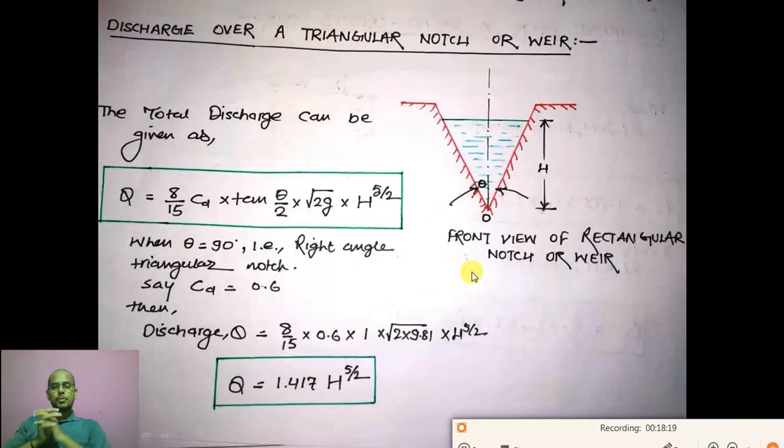So this is all about some important formulas from notch and weir. We have not derived them here, I have just written and mentioned the different variables used to find out the total discharge. If you want to study all the derivations behind this formula, then you can go with the book. I am just suggesting you go with the book, but after completion of the syllabus I will also see each of the things I have left now.